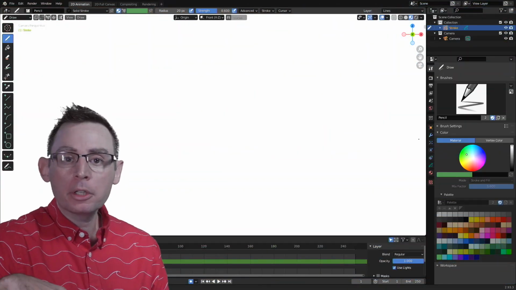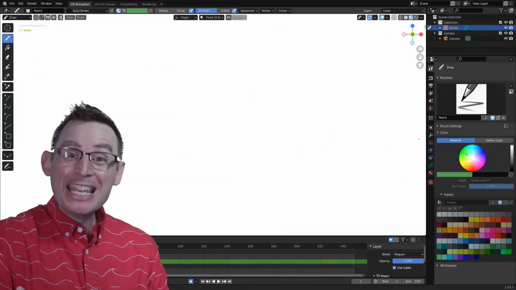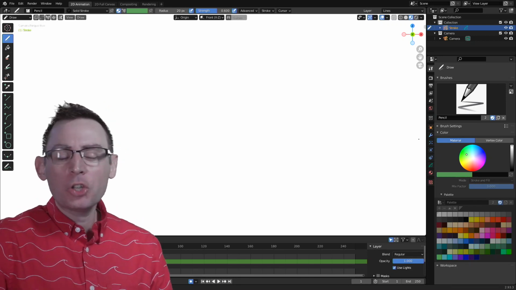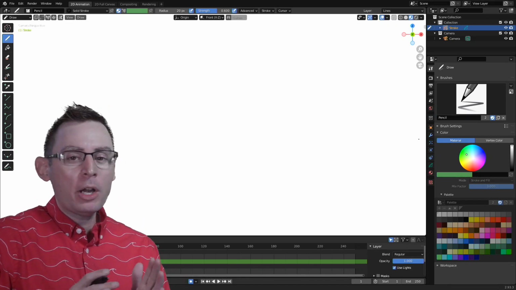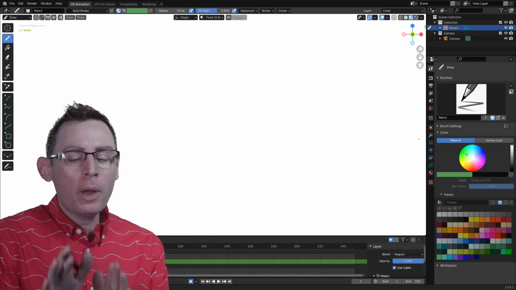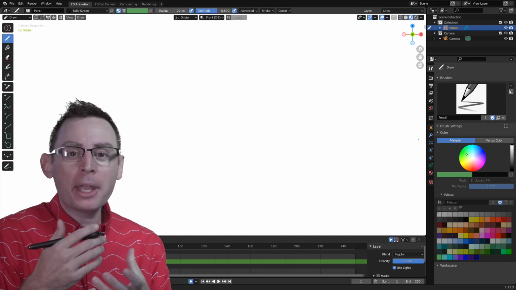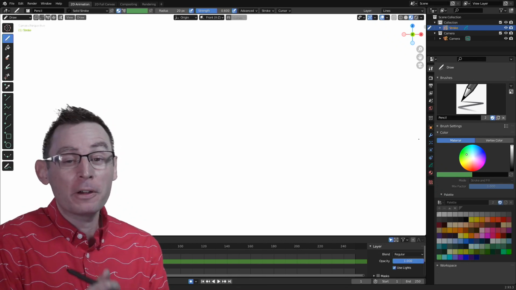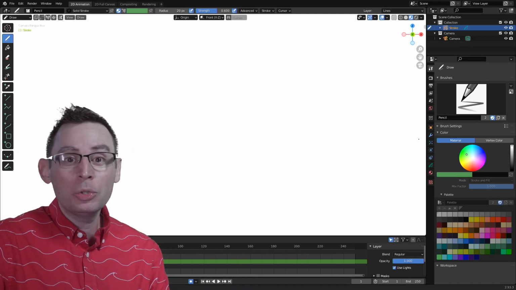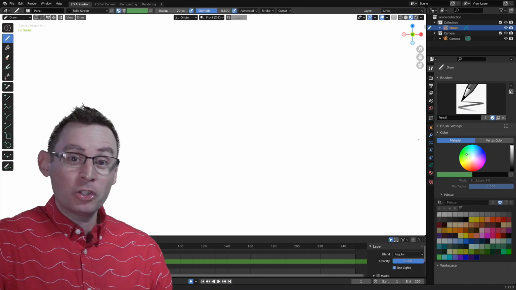Now that we're starting to get a little bit more comfortable working with materials, let's explore how we can extend this material system to include gradients. Gradients are a great way for the computer to automatically transition from one color to another. Be aware, though, that the application of gradients is very, very different than what you're accustomed to seeing in a traditional 2D drawing or illustration application like Photoshop.